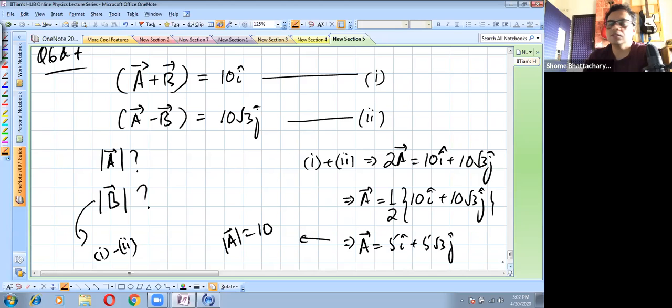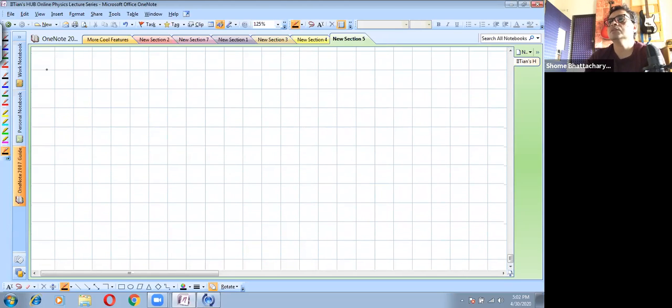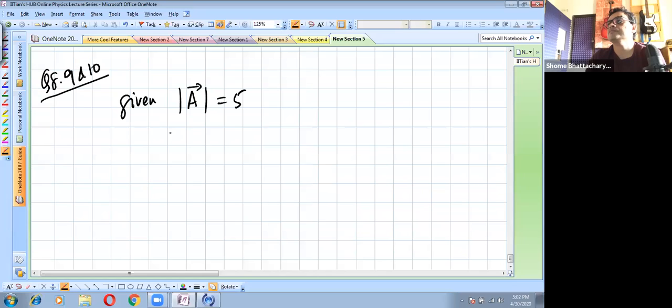So hope this should be clear without any difficulty. So next, coming to the combination of these questions, question 8, 9 and 10, they are based on the same data. So in that it is given to us first of all that the vector A has a magnitude of 5. Then the vector C, which is given as A plus 2B,